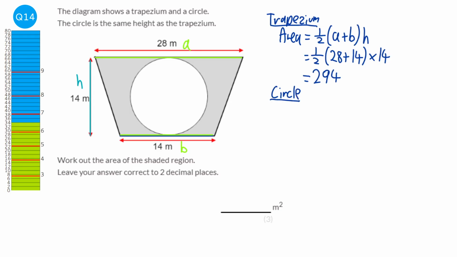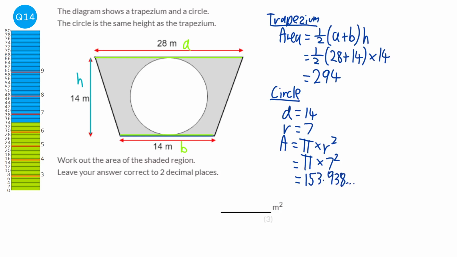Now it doesn't look like we've got anything for the circle, but actually the height here is actually the height of the circle as well. So the height of the circle is the same as the diameter. So the diameter of the circle is 14, therefore the radius would be half of that, which is 7, and the area of a circle is pi times the radius squared. So it would be pi times 7 squared, which will be 153.938 blah blah blah. Now keep that in your calculator, because next thing we'll do is the shaded area part,